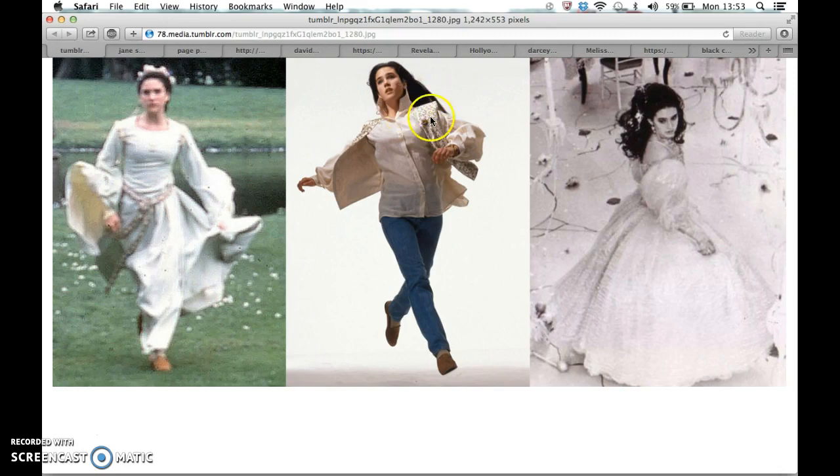Because Labyrinth is basically like Wonderland. Then when Sarah takes a bite from the fruit, it's like when Snow White takes a bite out of the poison apple. And then in Labyrinth there's this ball type scene, and that sort of reminded me of when Cinderella goes to the ball.